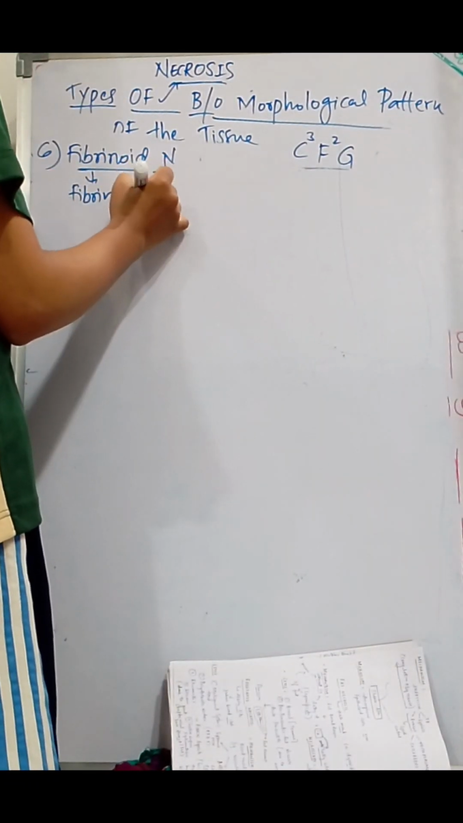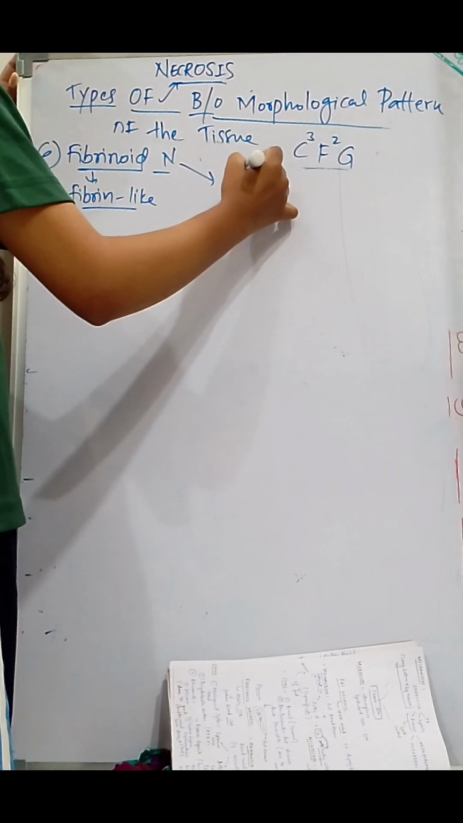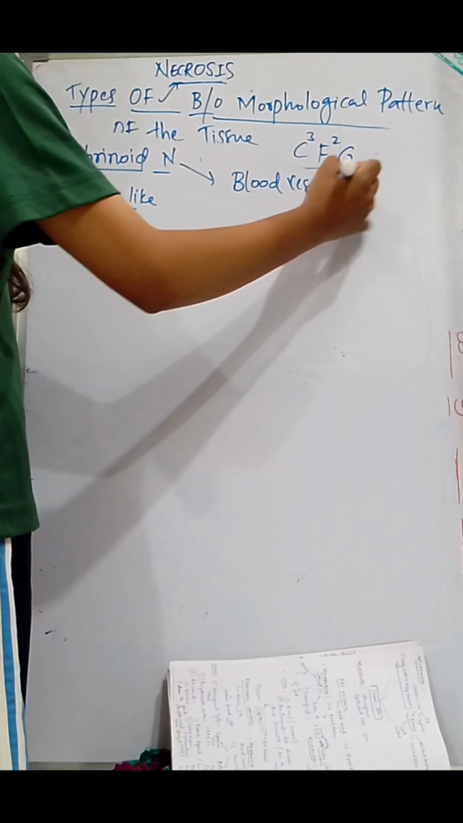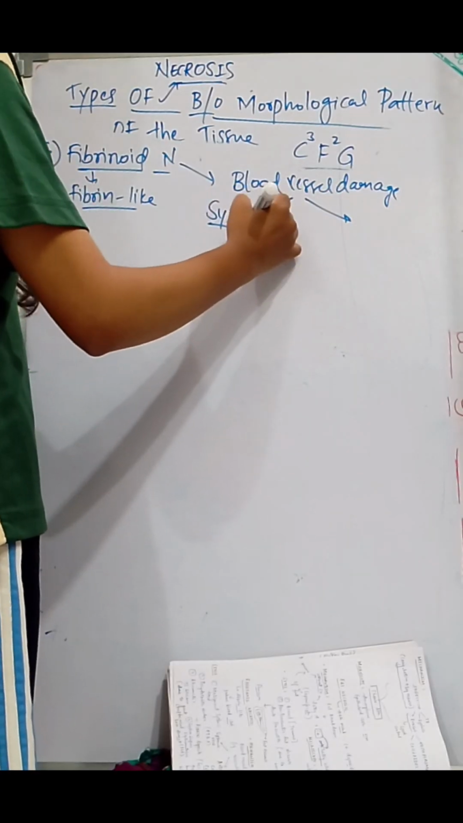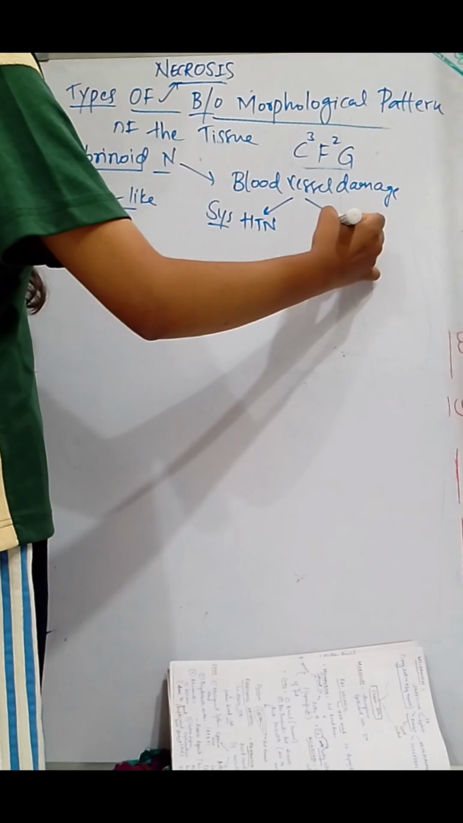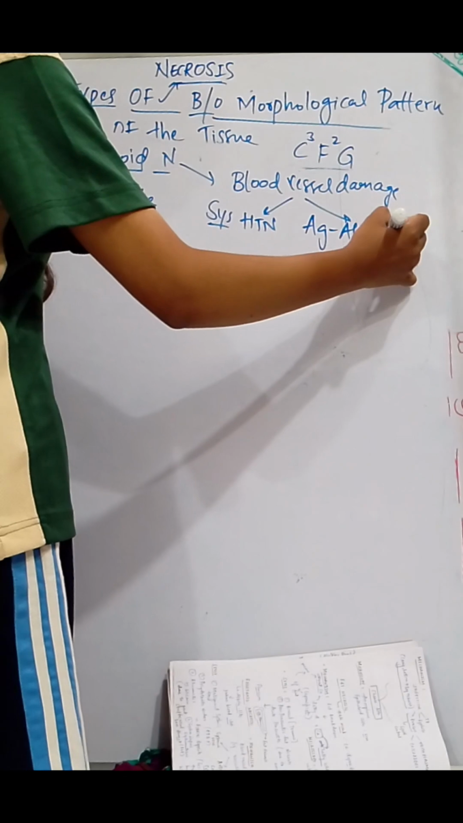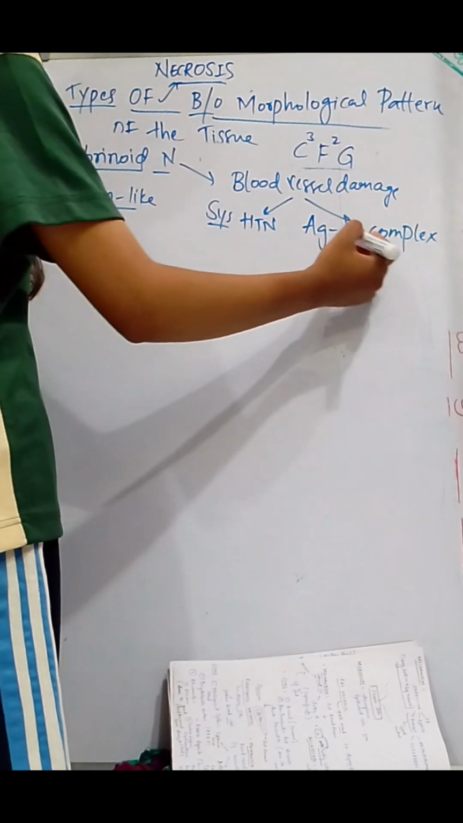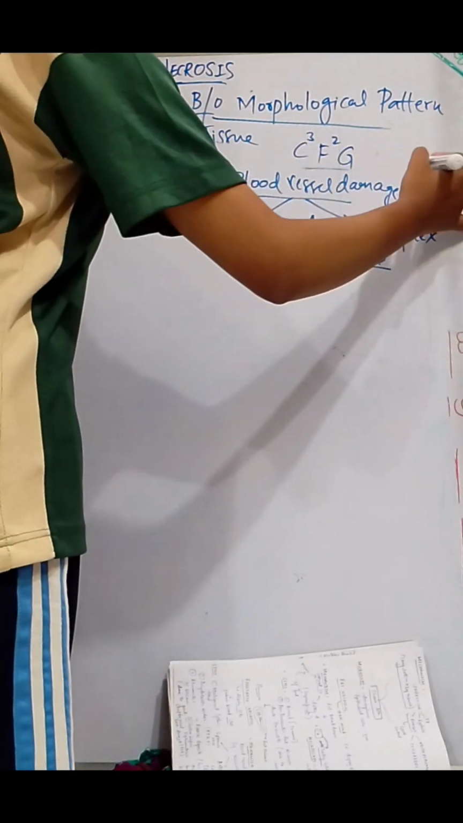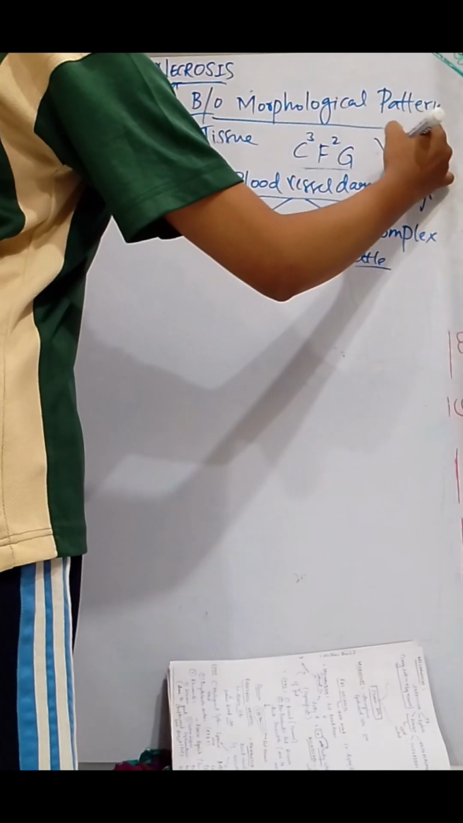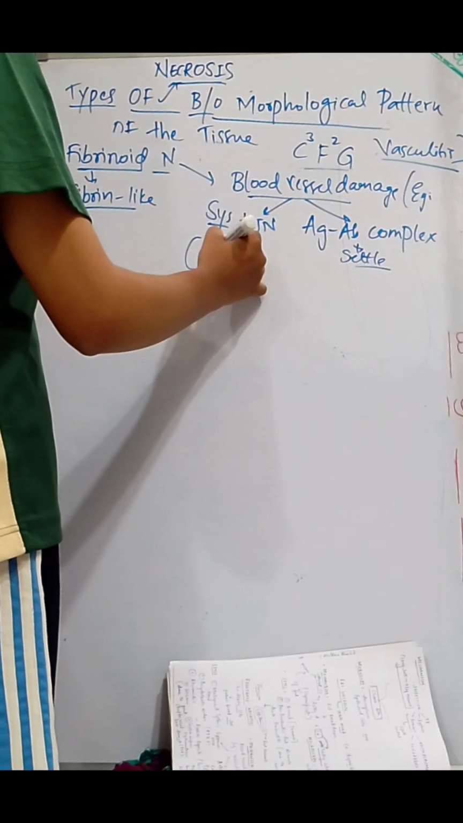Fibrinoid necrosis. Fibrin-like. So this is seen due to blood vessel damage. It may be due to systemic hypertension, or it may be due to antigen antibody complex which gets settled. So blood vessel damage, that is in the case of vasculitis. The systemic hypertension, that is due to